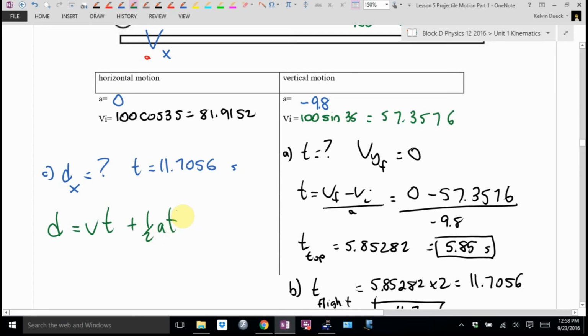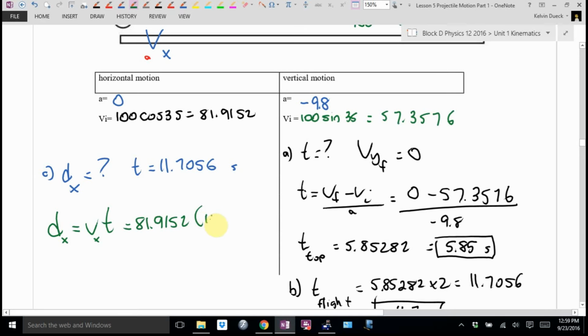Wait a minute, Mr. Duick. Don't bother writing that. Oh, why don't I need to write the half AT squared? And I'll just remind myself, horizontal, horizontal. Make sure I put the right stuff in there. This seems to be the question where, for some reason, kids want to put the 100 in for V, not the component. I don't know why. Maybe because it's a nice round number. No, it's going to be